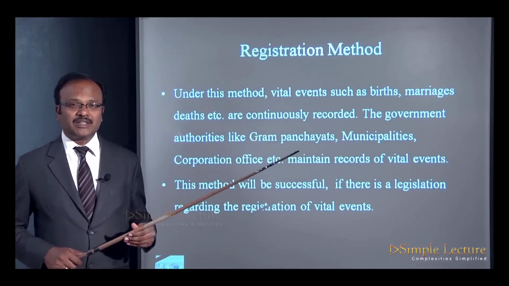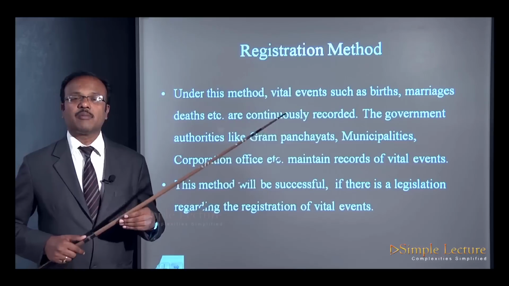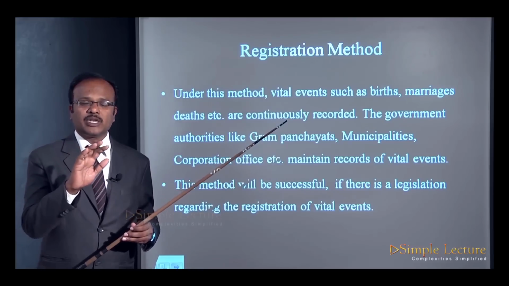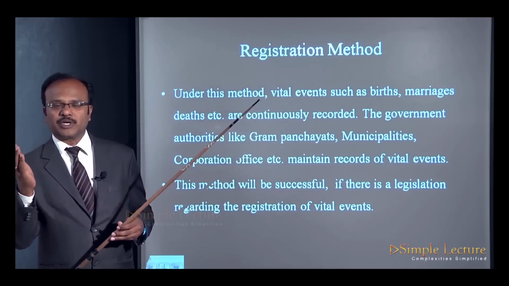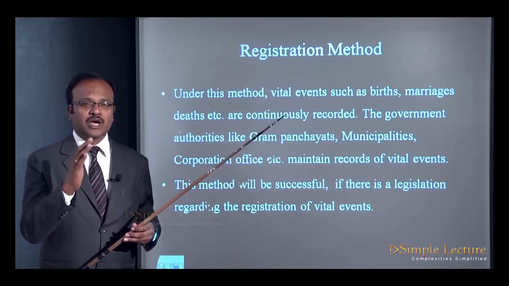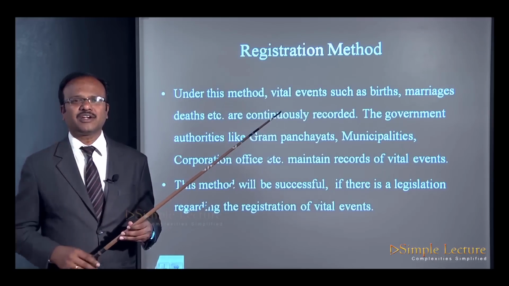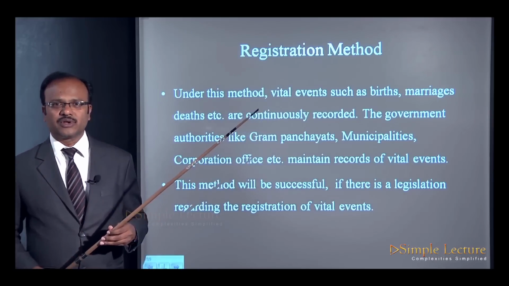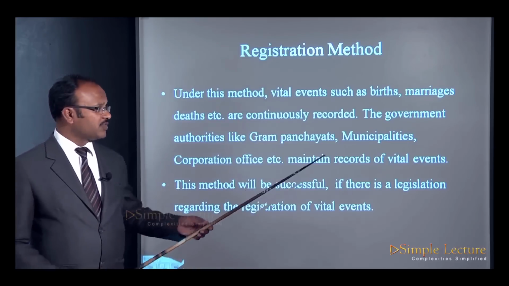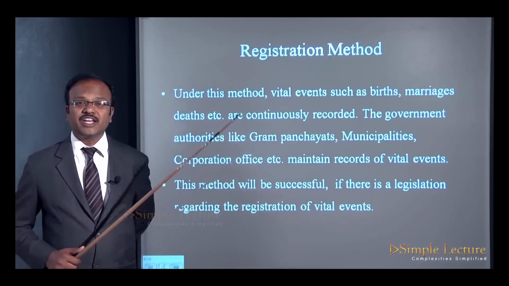By this procedure, we can come to know the number of marriages that are happening, so that you can easily make out how many males have got a partner in their life and how many will be existing without a partner, so that you can easily make out what will be the status of that particular country, right? So this method will be successful if there is a legislation regarding the registration of vital events,